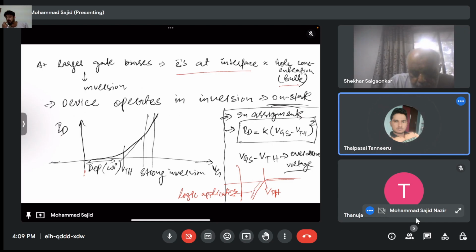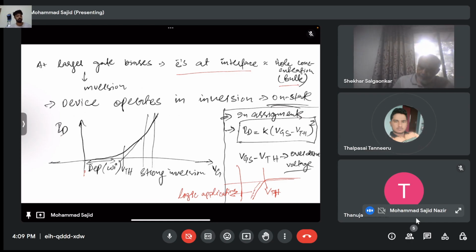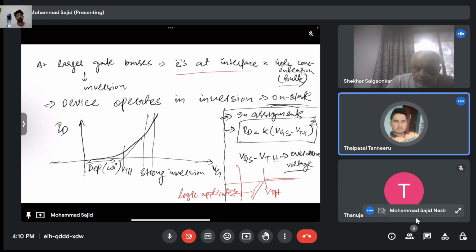Is it possible, sir? No. Why would you operate your transistor there? If you are going for amplifier applications, then it won't amplify in subthreshold. There won't be any gain in the subthreshold region. So you have to operate above subthreshold, in saturation. Yes, sir. One more small doubt, to reduce the nonlinear effects as well as to keep your gain high. In subthreshold, your device is not actually completely on, right? These are leakage currents.